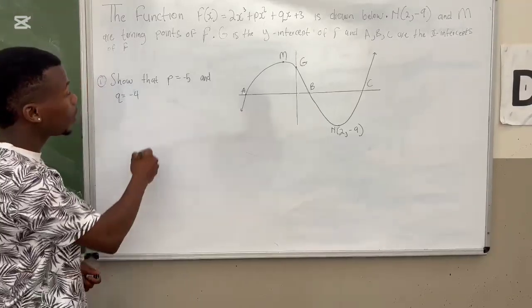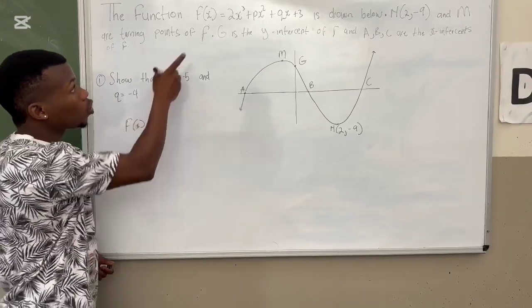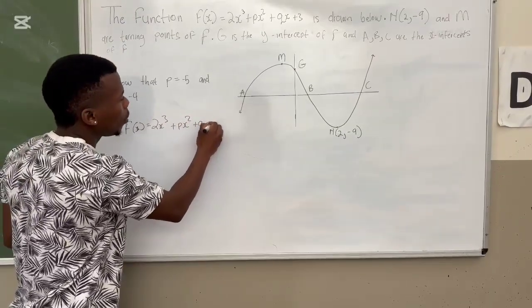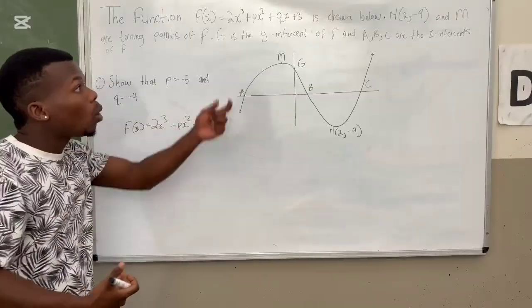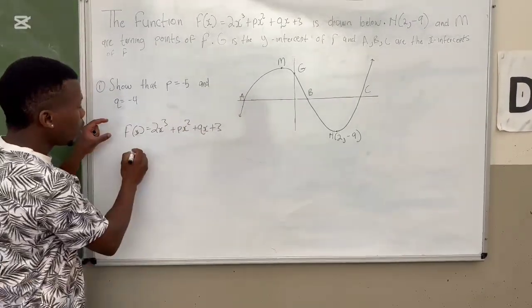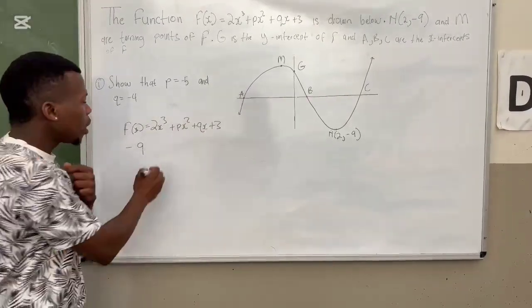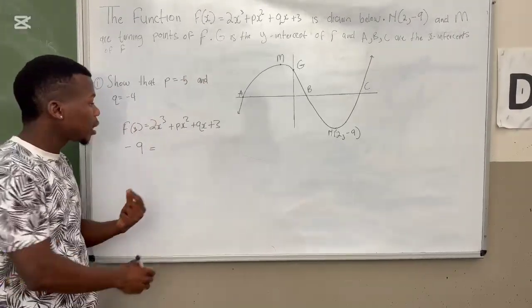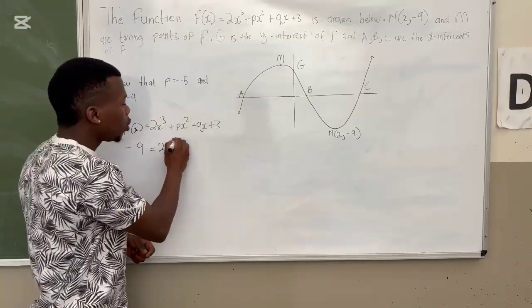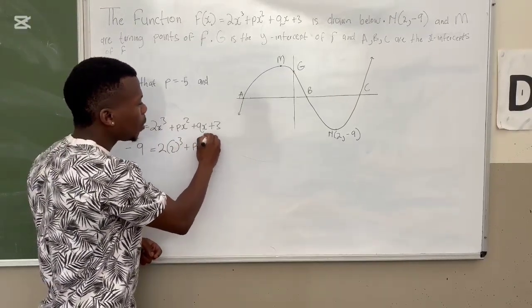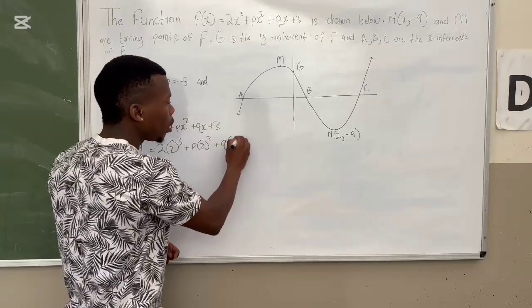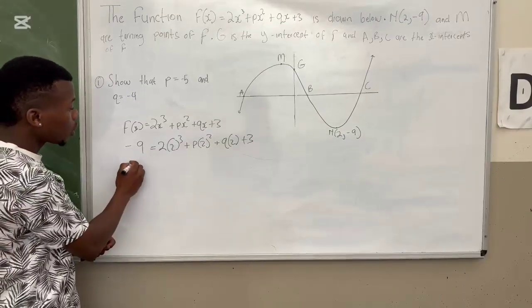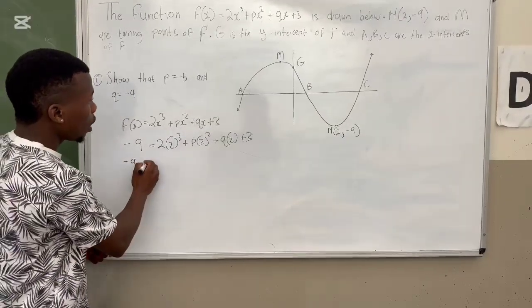Remember that my function is f of x equals 2x cubed plus px squared plus qx plus 3. We said that our y value is -9, meaning -9 is equal to what? How did they get this -9? They substituted 2 where they see x. This is going to be 2 multiplied by 2 cubed plus p multiplied by 2 squared plus q multiplied by 2 plus 3. So we say -9 is equal to